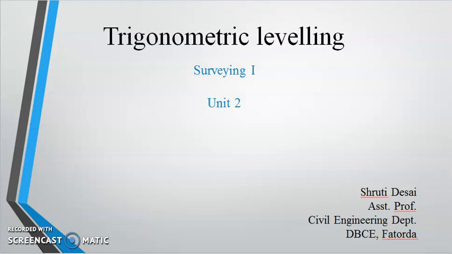As we all know, due to lockdown our college will not start till 31st of May, but according to AICTE guidelines we need to complete our syllabus before 31st of May. To start with, this is my first lecture, in which we will be covering trigonometric leveling, a small case in trigonometric leveling. I will be giving videos in parts, which will cover each case individually.